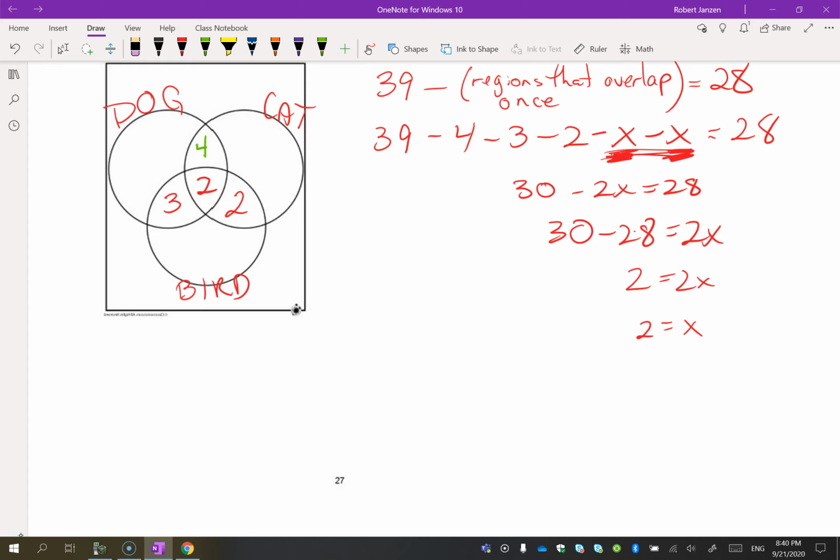Okay, so now we can figure out, if I know that 13 people have a dog, 13 take away 4, take away 2, take away 3 is 4. So there must be 4 people that have only a dog. I know 13 people have a cat, and I'm going to take away all the overlap parts, leaves me with 5